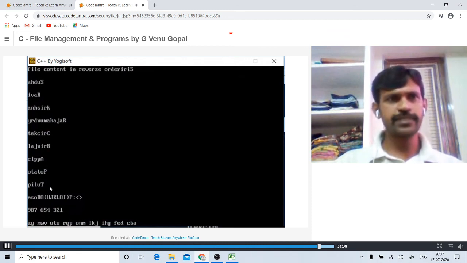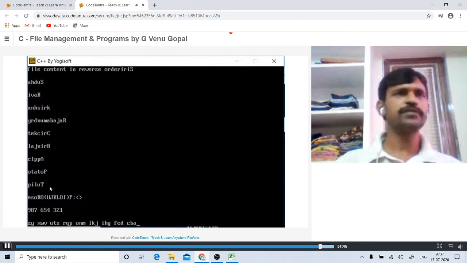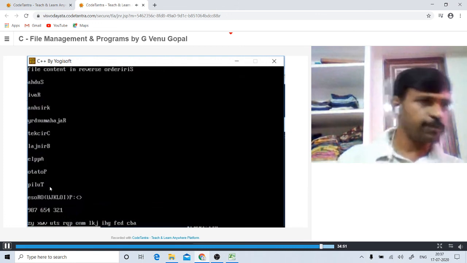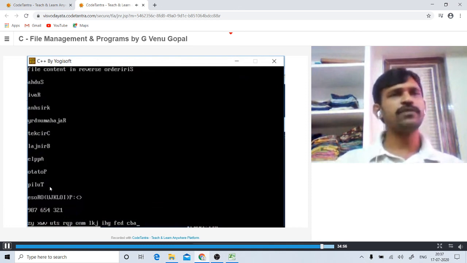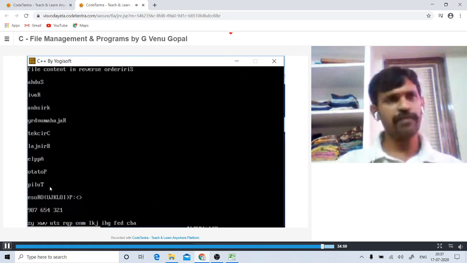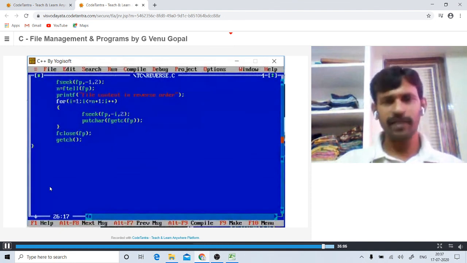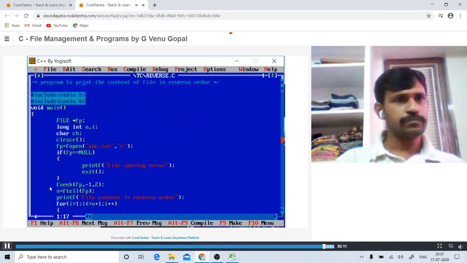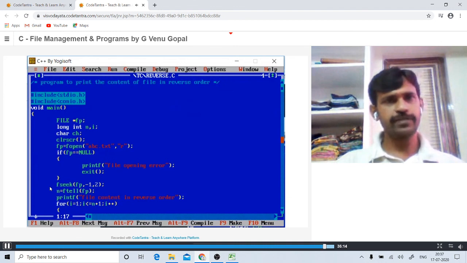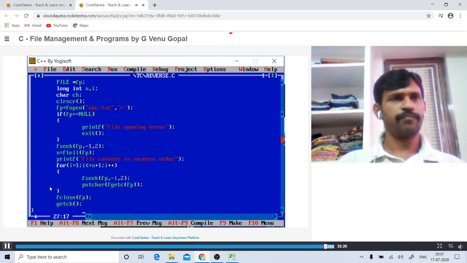Next Sudha in reverse, then Ravi in reverse, then Krishna in reverse, then Rajamandri in reverse, then Cricket in reverse, then Brinjal in reverse, then Apple in reverse, then Potato in reverse, Tulip in reverse, Rose in reverse, and then the contents of the file in reverse from 9 to 1 and Z to A. So the contents of the file have been reversed successfully. This is how it works. So the code for this is this one.